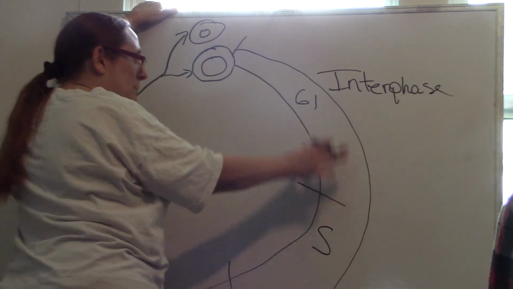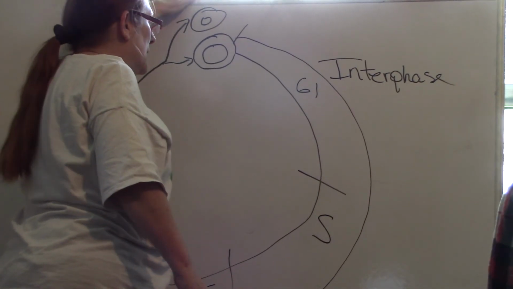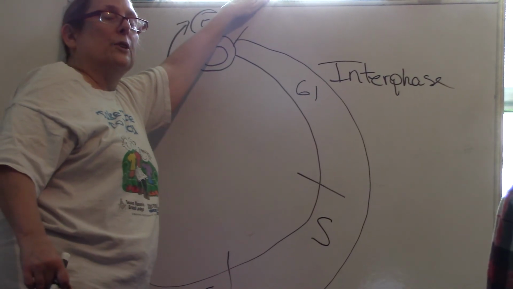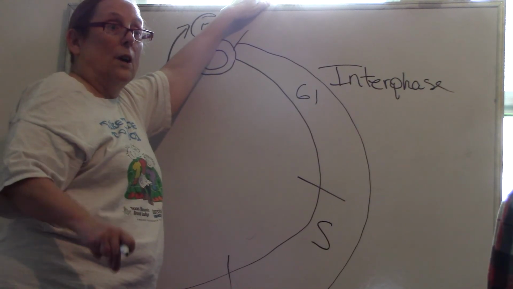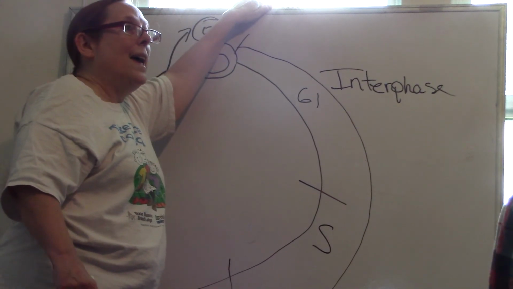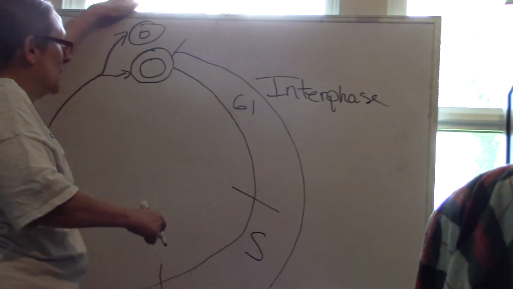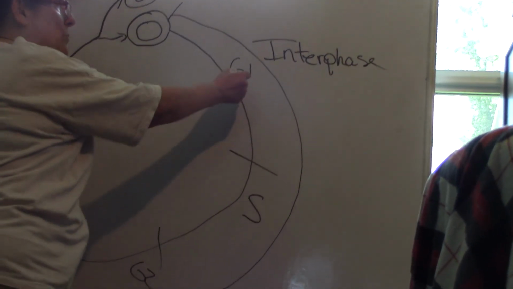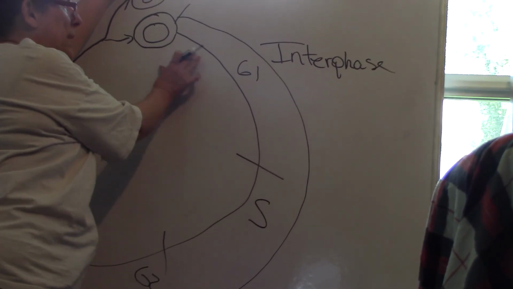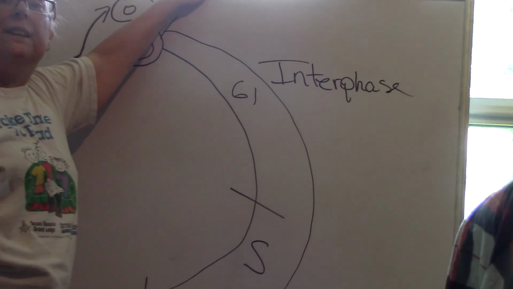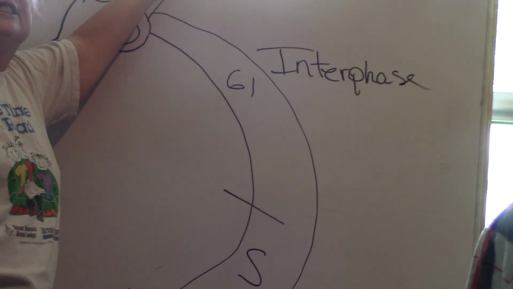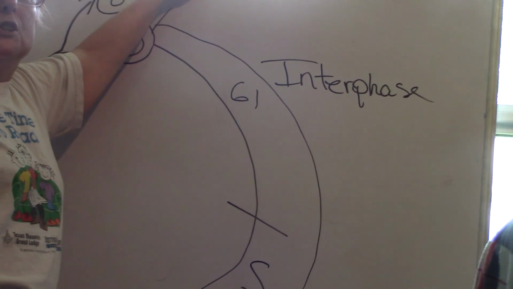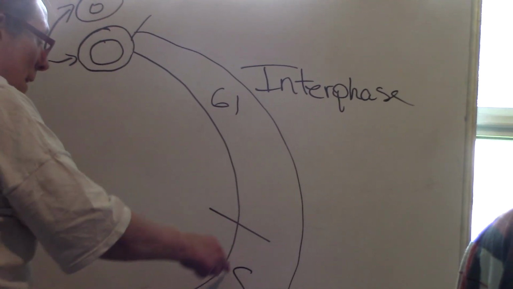Interphase is the time of the cell's life that it is not going through mitosis, or if it's a cell that makes gametes, meiosis, and it's not dividing. Now there are 3 parts to that. G1, the cell's just been made, it grows a little bit, and it does its cell things. It does its normal metabolic functions of that cell. In S,